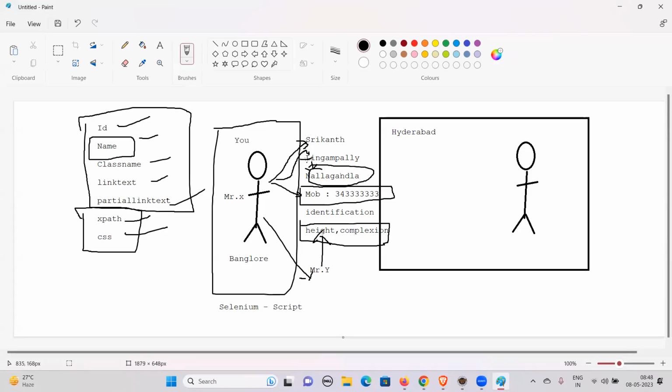As I told you, first you try to approach with the feasible things. Let us take this as the ID, this as a name, this as a class name, and this as some partial link text. If you are not able to identify with these, then you are going to take some different properties, like height, complexion, and the type of clothes you wear. All these are other properties with which we identify the element. So this is a Selenium script,